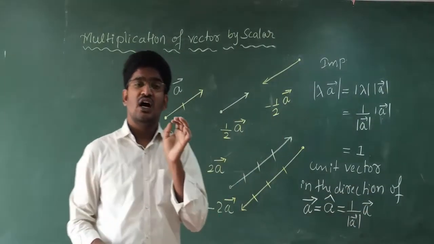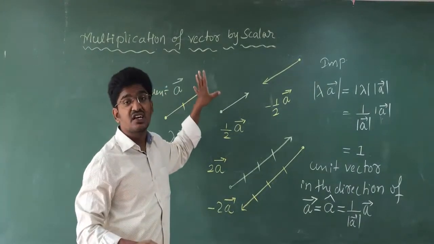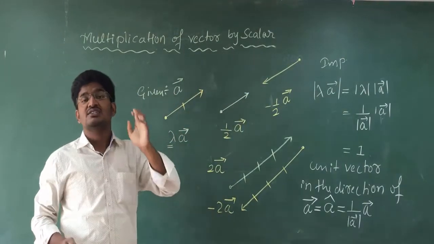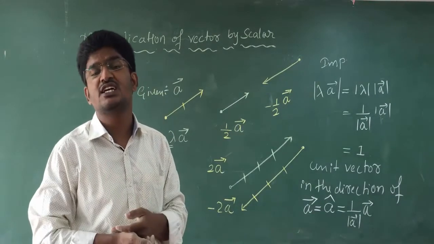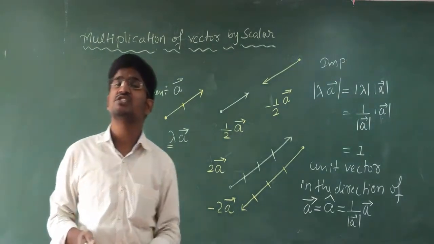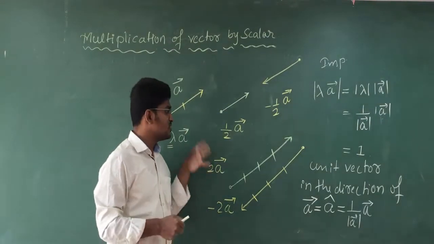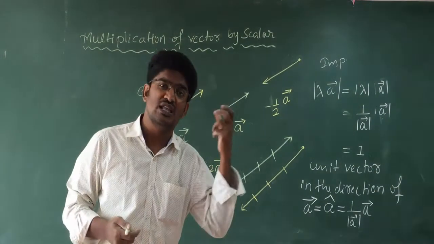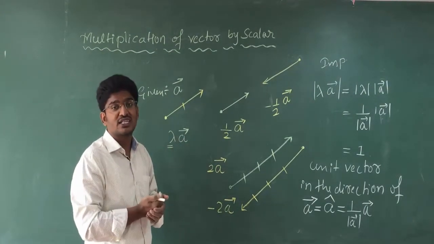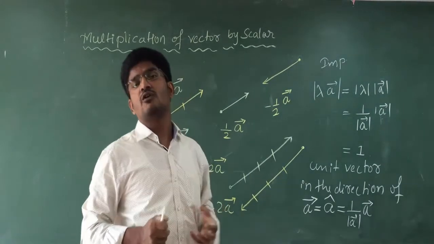This is a simple remark from the multiplication of a vector by a scalar. Here you have to understand the topics, you have to understand the logics. Clear? Notes you are going to get from the textbooks, no problem, or you can Google the notes. So from that you can understand the theory. But the logic, if you multiply a scalar to vector A, what happens with vector A? That logic is important for us.